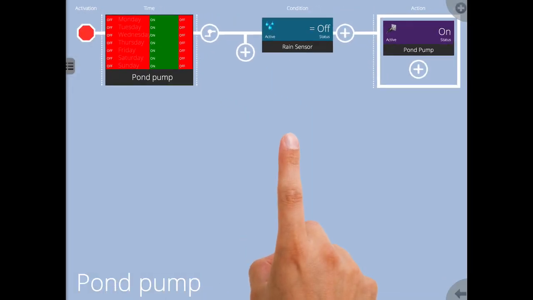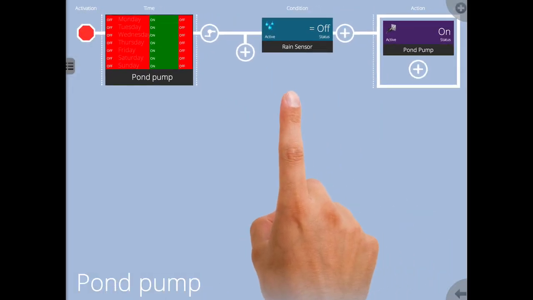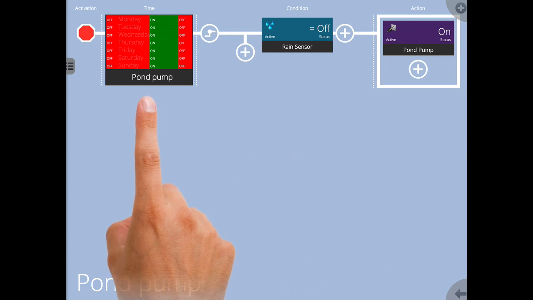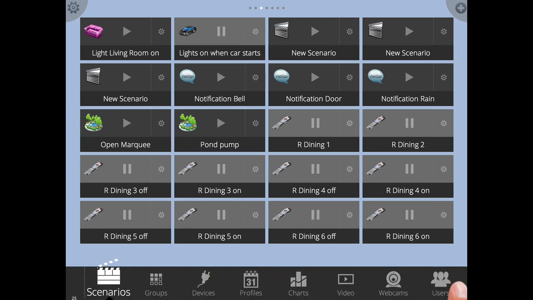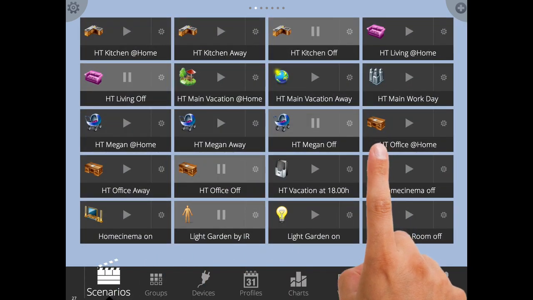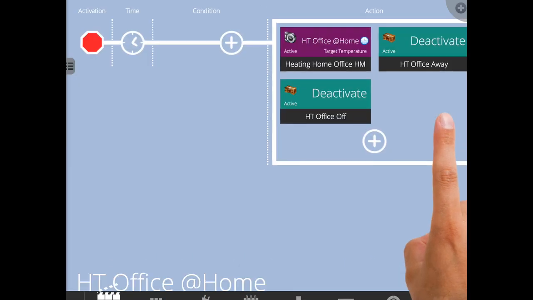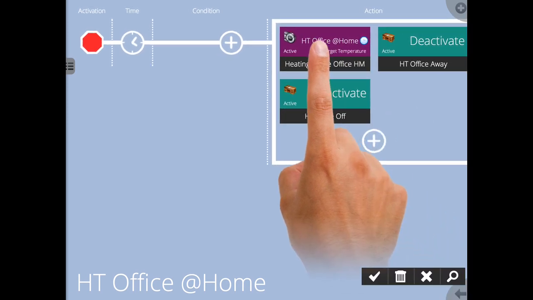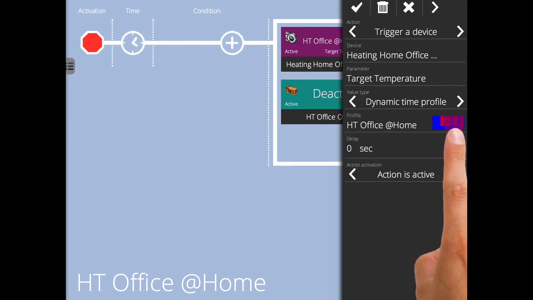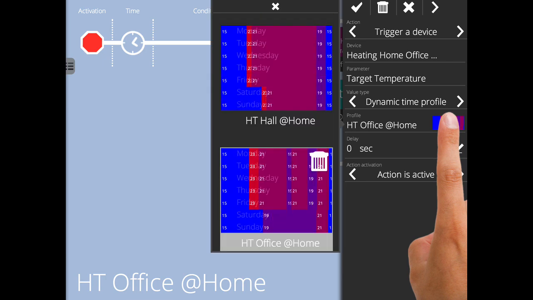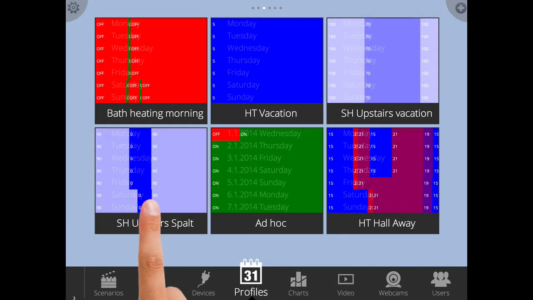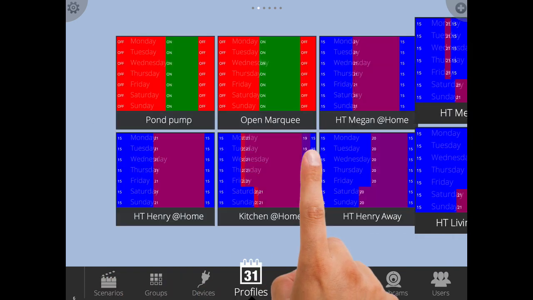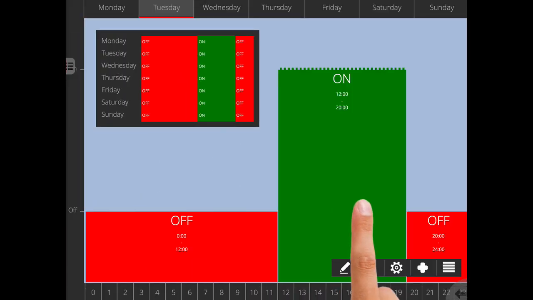A scenario can consist of actions, conditions, and an optional time profile that defines at what time an action takes place. Time profiles are a very sophisticated mechanism that can not only switch scenarios on and off, you can also define the temperature profile of a radiator with changing temperature values in the course of a week instead of assigning a